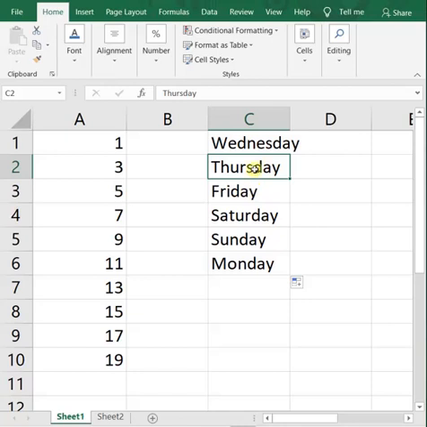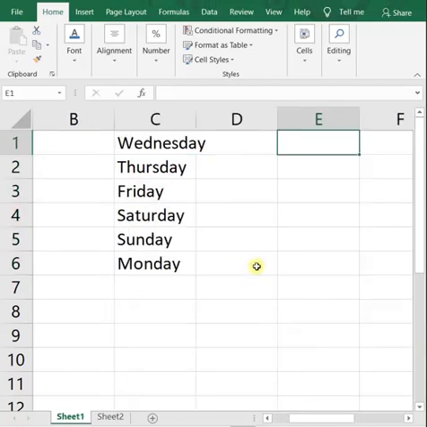Then accordingly it will go on, and up to as many cells as you have selected, that many values it will place. After Wednesday, I had selected 5 cells. So up to 5 cells, as many values as can be accommodated, that many values it displays to you.